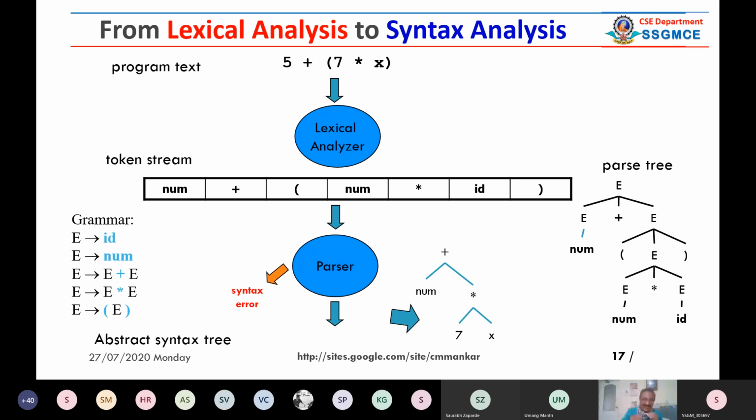So the parser processes this stream of tokens, and it uses derivations. It may use leftmost derivation or rightmost derivation.